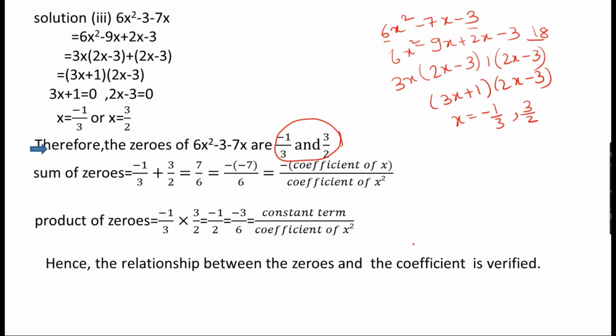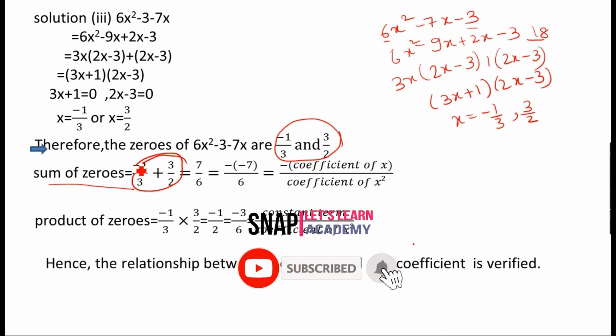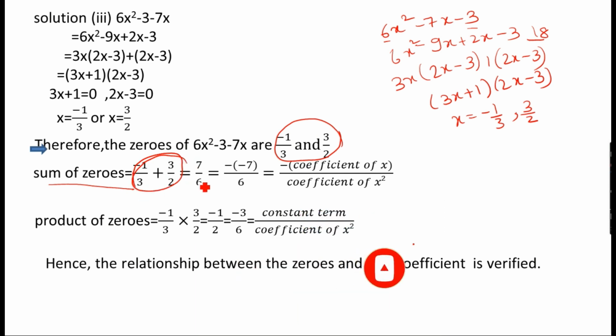Now, let's verify the relationship between the zeros and the coefficients of the polynomial. Sum of the zeros is nothing but alpha plus beta. Alpha is minus 1 by 3 and beta is 3 by 2. On adding minus 1 by 3 and 3 by 2, taking LCM of these two terms, we get 7 by 6 as our answer, which is equal to minus